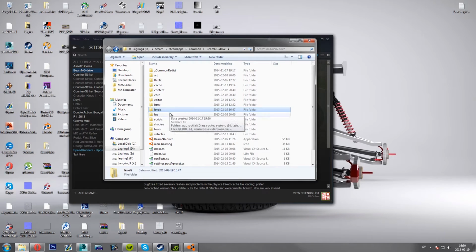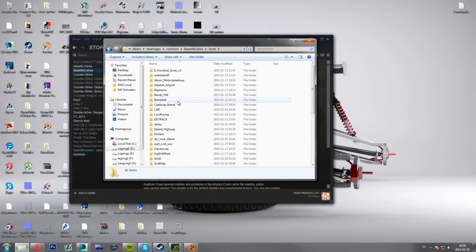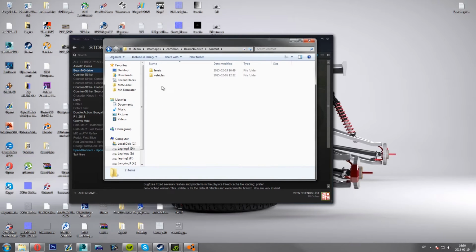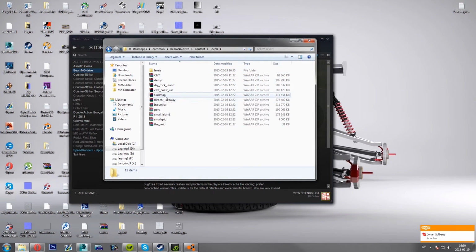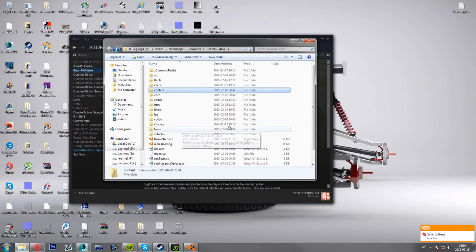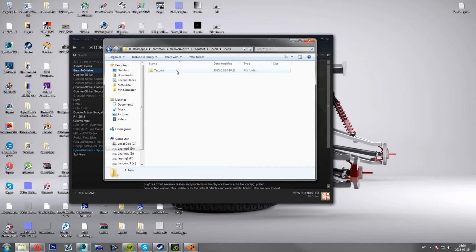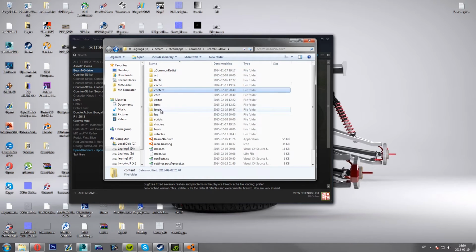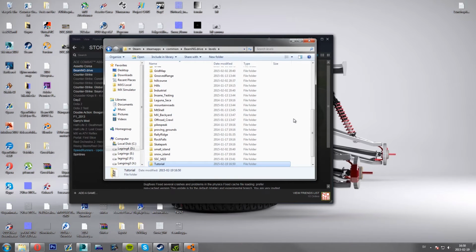Sometimes you won't have this folder, and that's pretty common, because if you install it after the new updates, you will not have this levels folder like I have. Then when you copied or extracted this one, you get the levels folder here. So then you just can copy this folder and paste it in the folder here. But I already have it, so I'm just gonna copy this one and go into my levels folder and paste. Okay, now we have my track here,